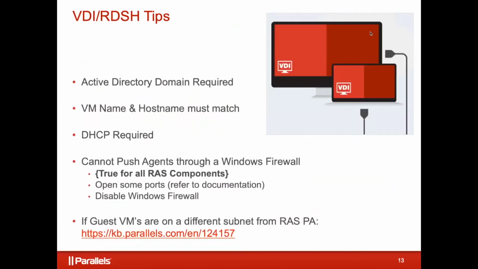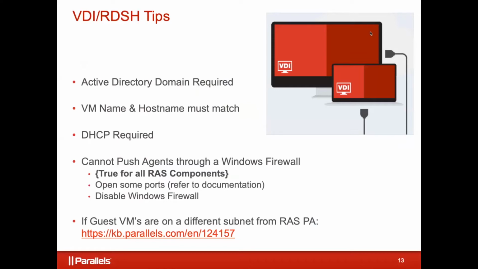This makes a little bit more sense later. I'll try to reiterate it, but I just want you to have it as a reference when you look back at the slides if you need to. VDI does require Active Directory. If you're doing just remote desktop servers and you're sticking to maybe a single server, you can get away with local Windows security. I wouldn't recommend it, but you can do it. But VDI, because there are so many moving parts, does require Active Directory. Also, the virtual machine name and the host name must match. What do I mean by that? If you right-click, create virtual machine in any of the hypervisors, and you give it a name, Windows 10 Prod, well, the Windows host name must be Win10 Prod as well. It's got to be the same.